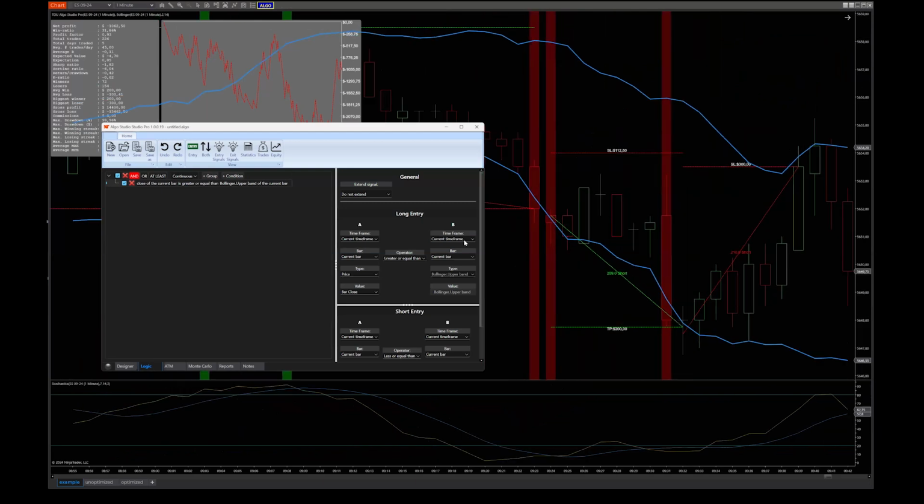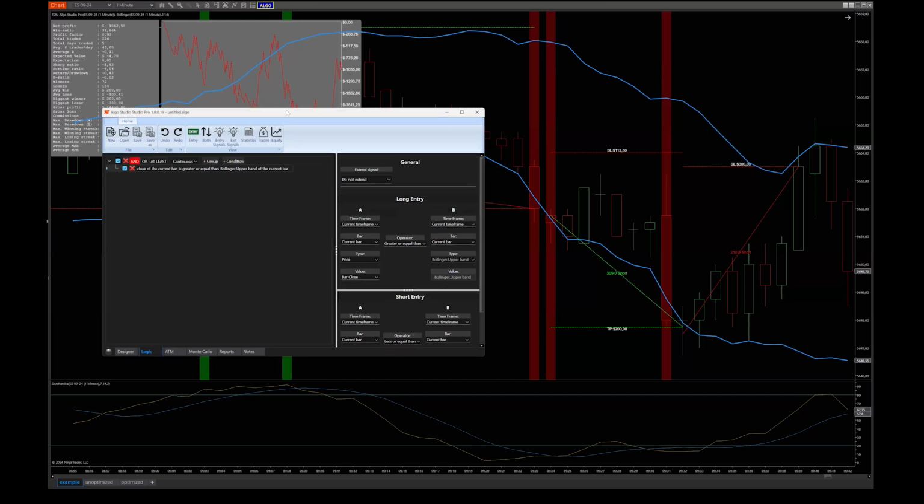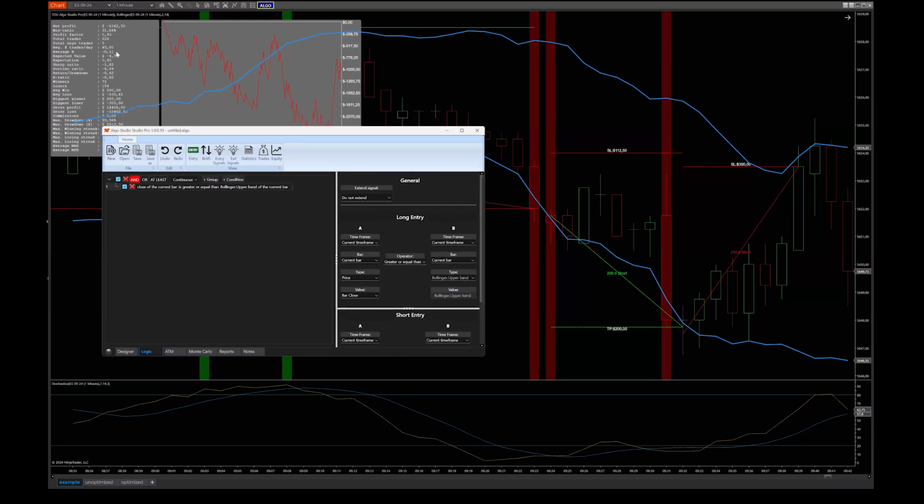So that already makes it very easy to design your algos, because you get instant feedback on what you're doing. And not only the signals appear, but also the statistics, and your backtest equity curve also updates immediately. So with every change you make, you can see does it make it better or does it make it worse?